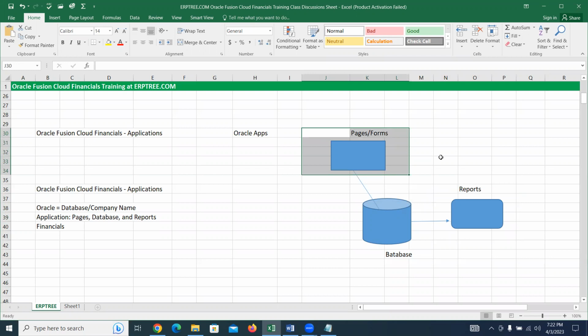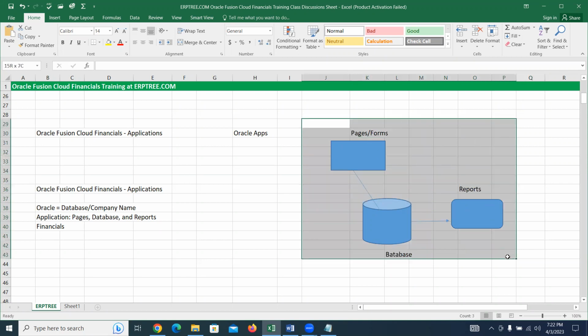You can have pages or forms, and within that you can enter data and it will get stored in the database. If you want to view the data from that page, you can see, but only limited data. With the concept called reports, we can view the complete data. The combination of database, pages or forms, and reports, we call an application. This is the meaning of application. When you take anything as an application, these three are part of it.